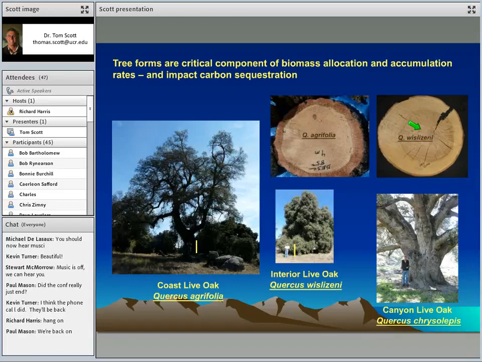Another example of this is Quercus chrysolepis, again, a multiple stem tree. We often come up on these trees and imagine them to be very, very old with diameters that can be 10 or 12 feet. But there are a bunch of stems that have grown together, and that's a very different growth model than if you actually had concentric rings coming out of a central core to the bark.